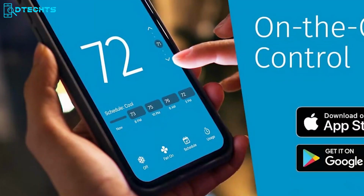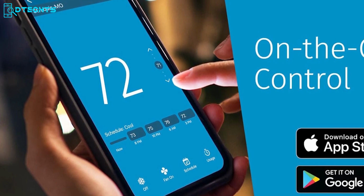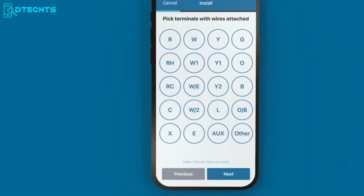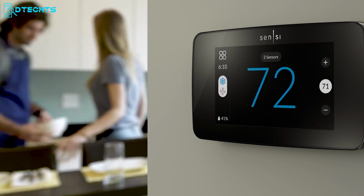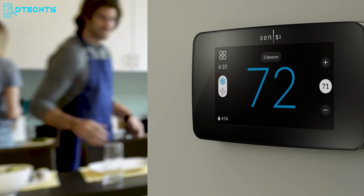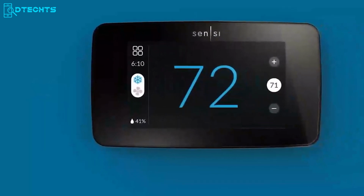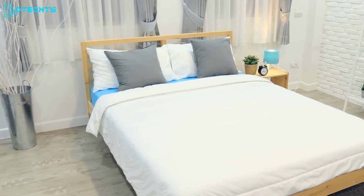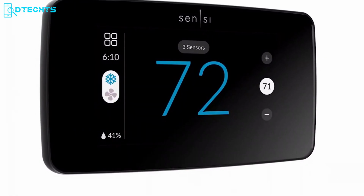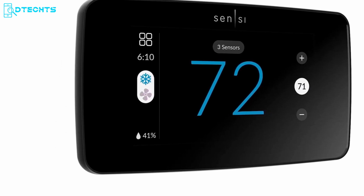You can control and monitor your thermostat from anywhere using the Sensi app, compatible with both iOS and Android devices. This app allows you to adjust settings, create schedules, and receive alerts from anywhere. Additionally, it integrates smoothly with smart home systems like Amazon Alexa, Google Assistant, and Apple HomeKit, offering convenient voice control. The Sensi Touch 2 provides detailed usage reports and insights, helping you optimize your energy consumption. It includes flexible scheduling options and geofencing, automatically adjusting temperatures when you're away to save on heating and cooling costs. The Sensi Touch 2 Smart Thermostat ST76 combines stylish design, smart functionality, and energy efficiency, making it a fantastic addition